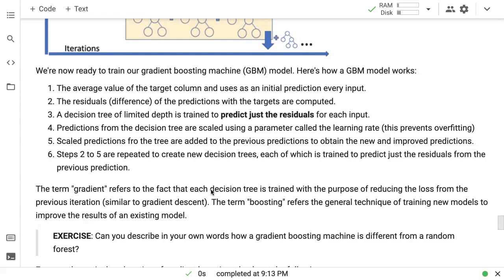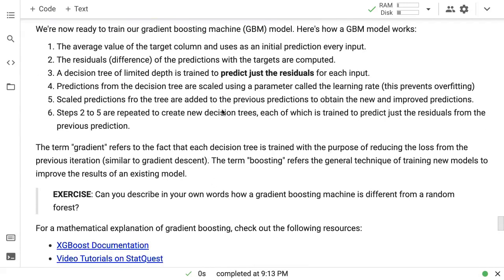So the model completely ignores all the training data that it is given. It simply looks at the target values, and it simply takes an average of the target values and it uses that as a prediction. Now, obviously that's not a good prediction. So whatever error function you're using, let's say mean squared error or whatever, the prediction is going to be pretty bad. But here is where it gets interesting.